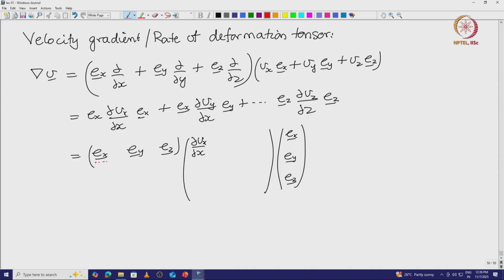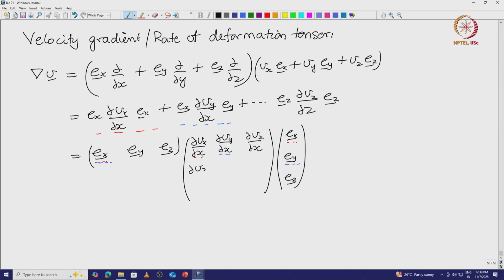Ex, that is the first term, partial Vx by partial x into Ex, and the second term will be partial Vy by partial x. So, this will give me the second term if I multiply these, Ex into partial Vx by partial y times Ey, that is the second term here, and this is the first term, and partial Vz by partial x,